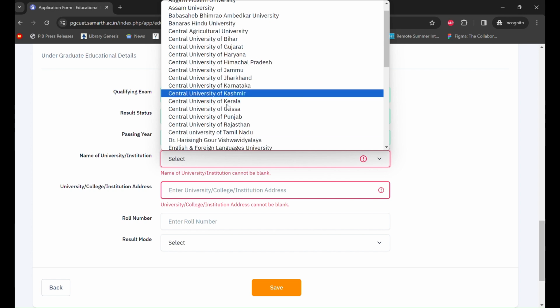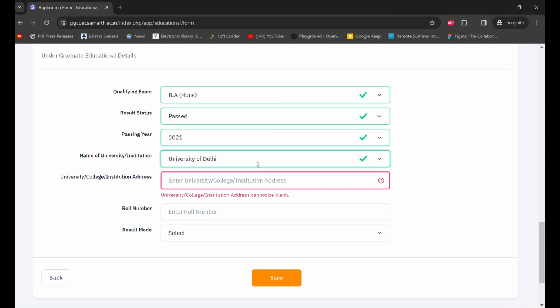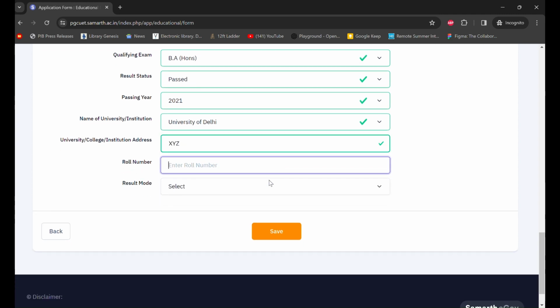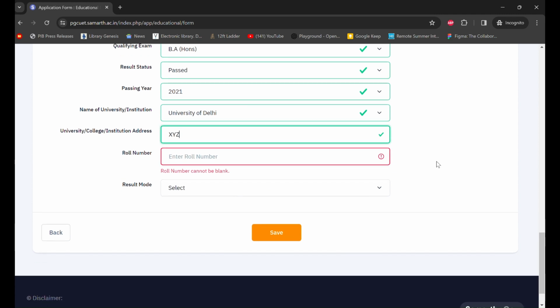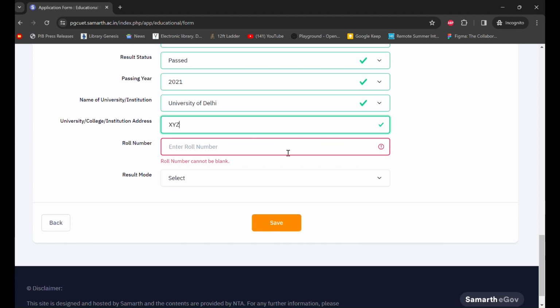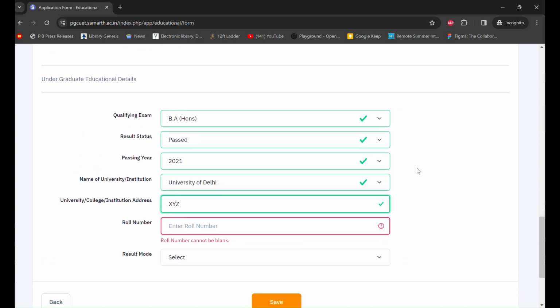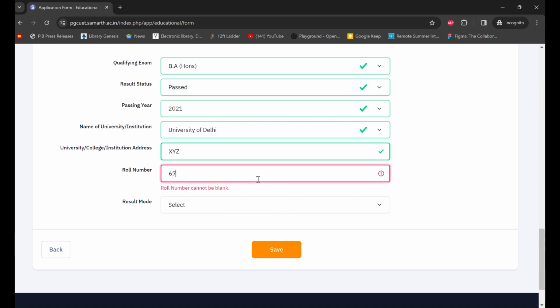So for this purpose, you can see you have a list of universities here, and for me it's University of Delhi. So let's write University of Delhi. And again, address, you have to fill in the correct address of your college or institution which you have been enrolled in. And roll number is the admit card details that you got while you were enrolled in the university. So I'm randomly entering,